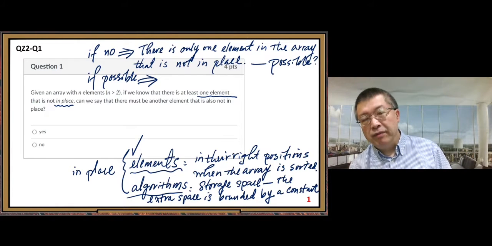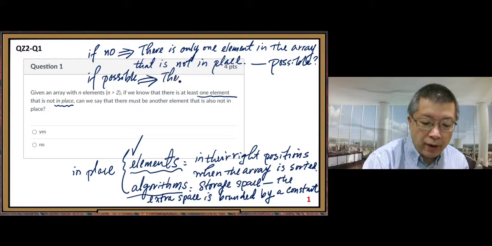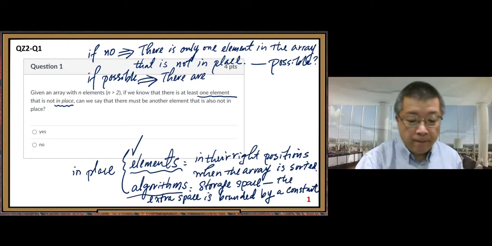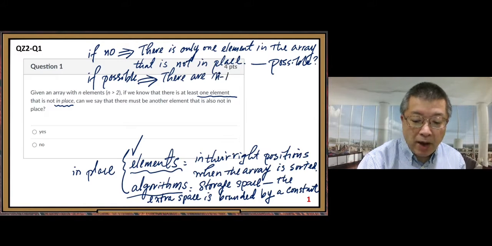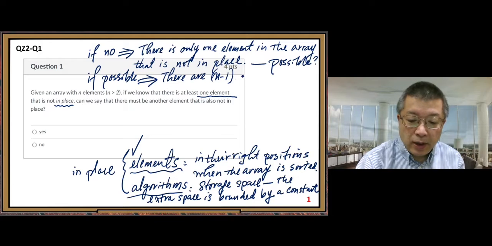If possible, that means there are n minus 1 elements in this array